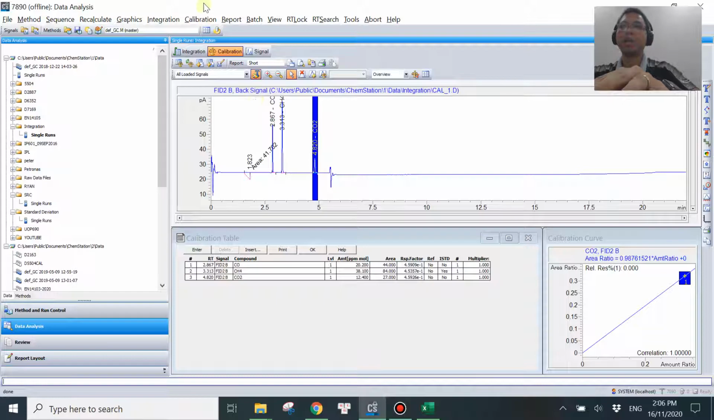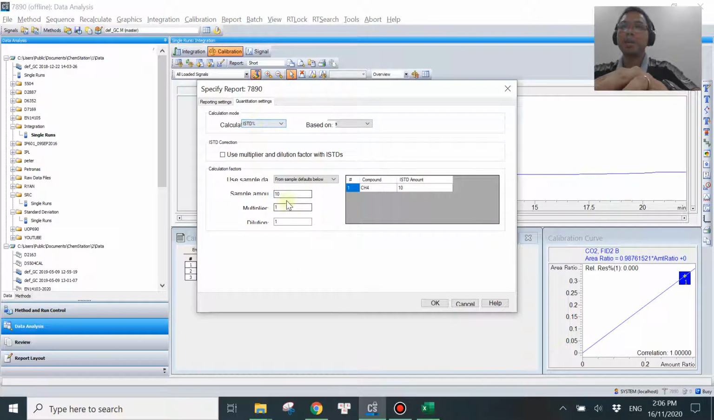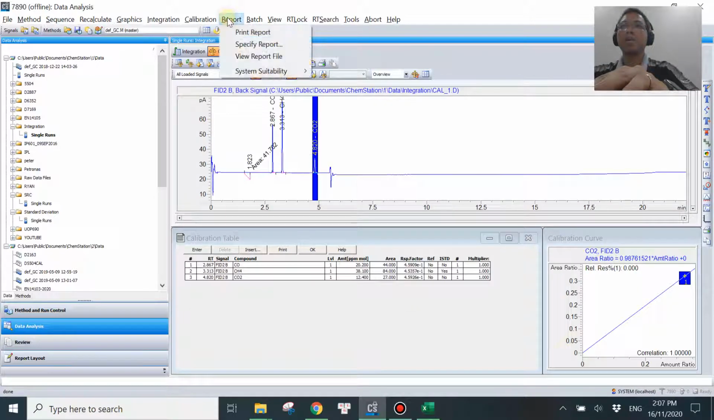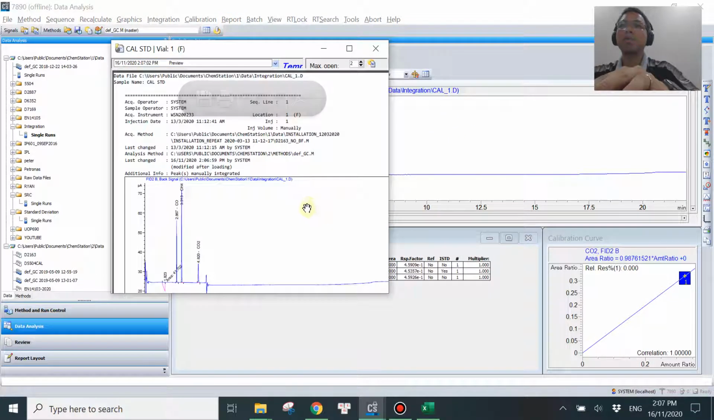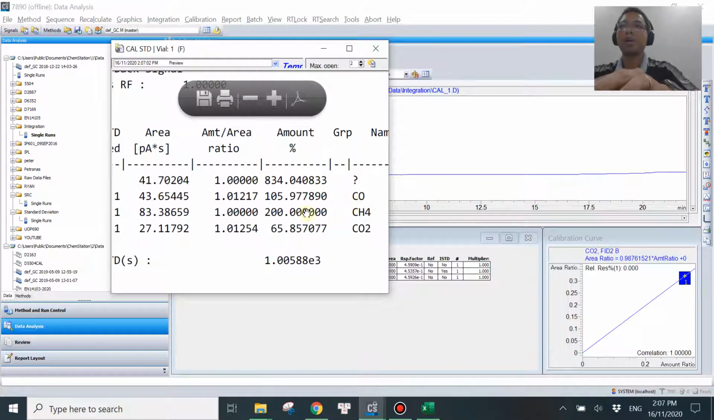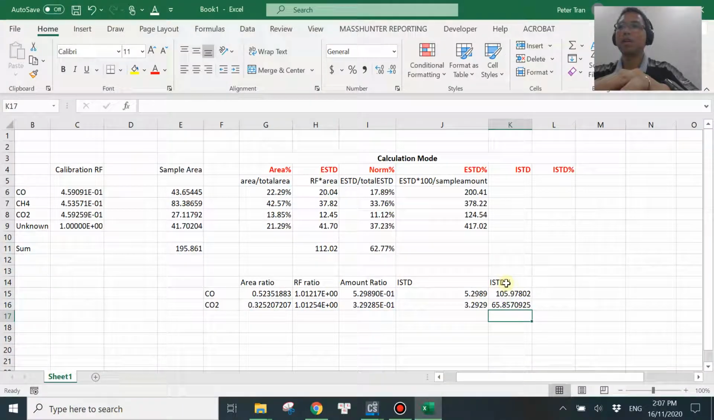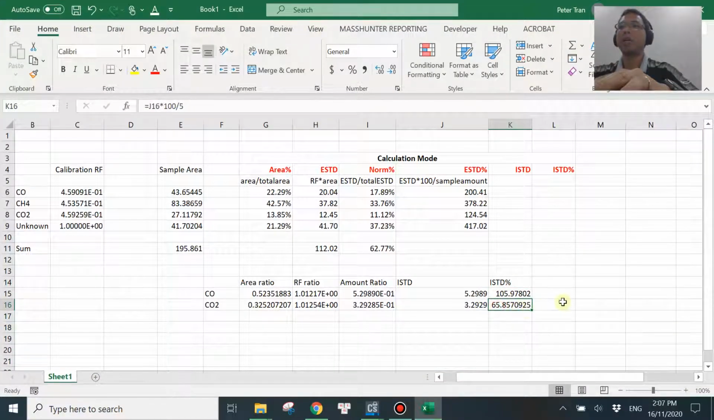So let's perform that same calculation in Chemstation. Specify report ISTD percent, and I want the sample amount to be 5. Okay, I say okay. And then I bring the report down here, and what do you get? Scroll down. Then for CO, I get 105.97, 105.97 there. And then CO2 you get 65.85. There you go. So that's how the software performs the calculation for every different mode over here,